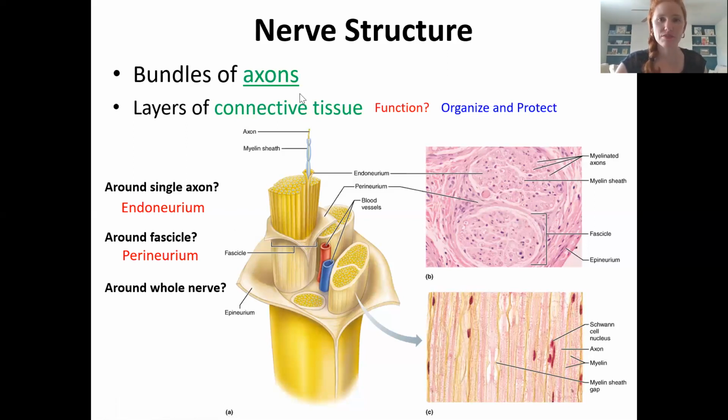Okay, so around one fascicle would be the perineurium. And then if you take a collection of fascicles,